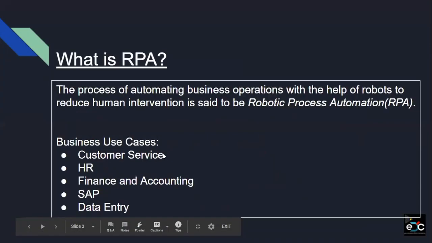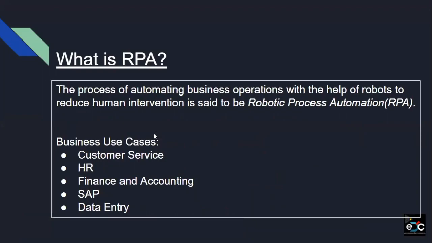Okay, so like I told you, RPA is just automating your own business operations. If you're doing it for yourself, it's called RDA. If you're doing it for a number of people, which might vary from two to thousands, it's called RPA. RPA stands for robotic process automation, whereas RDA stands for robotic desktop automation.